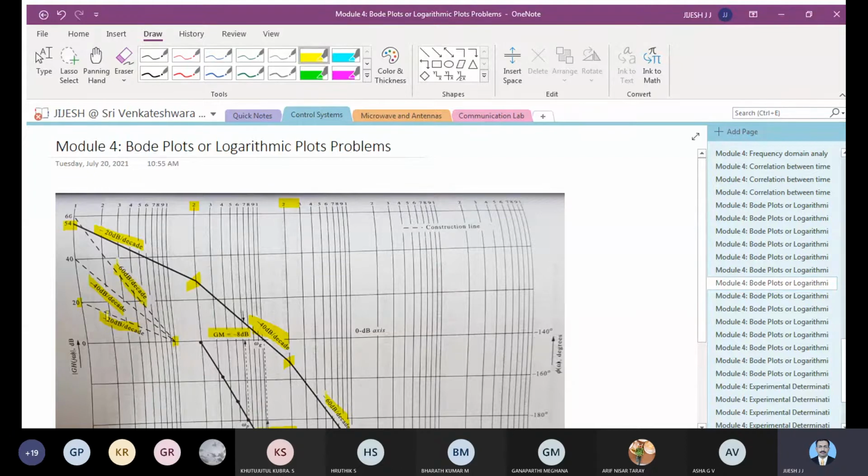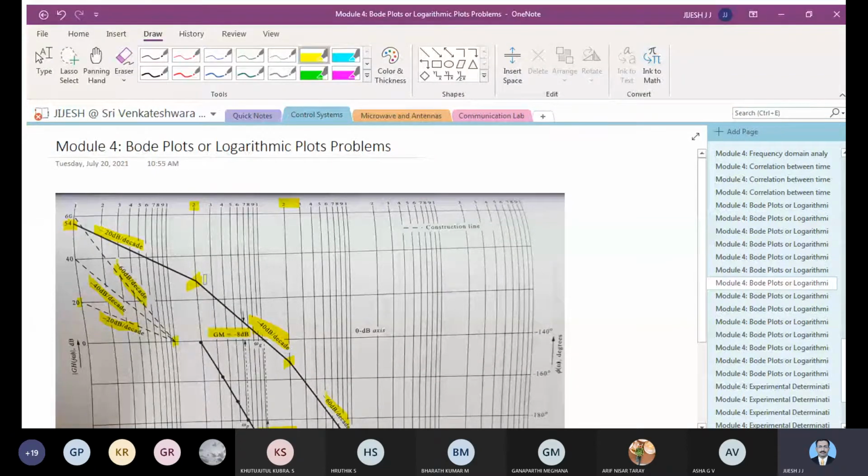You should keep the scale parallel to the slopes, and then draw the line. First mark the point 54, then keep the scale along the minus 20 dB slope and draw the line parallel to it, which comes at minus 20 dB per decade. This will be extended till 2. That is what you can see here, as the next corner frequency was 2.